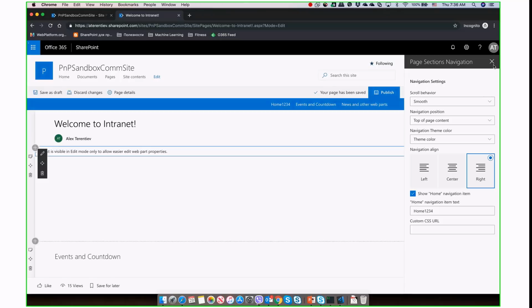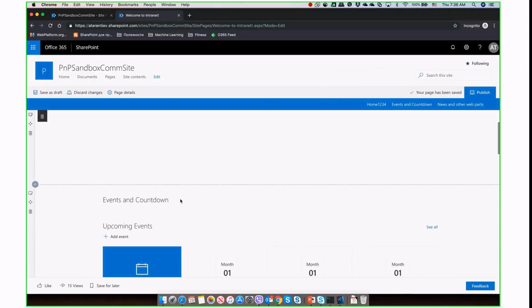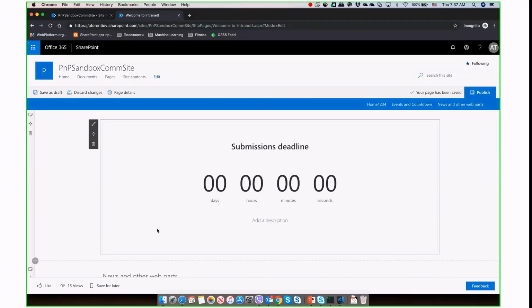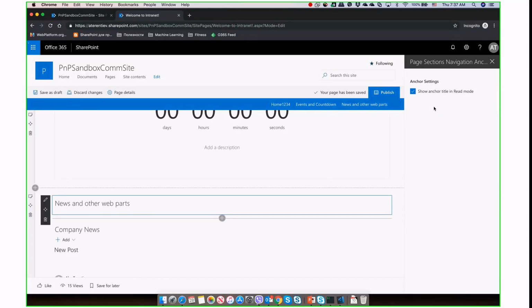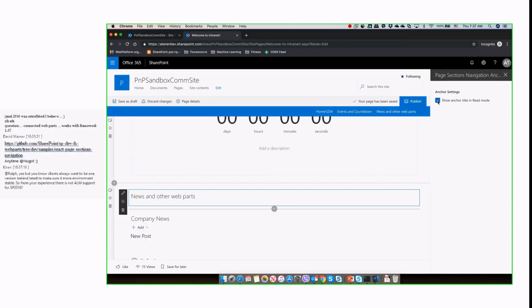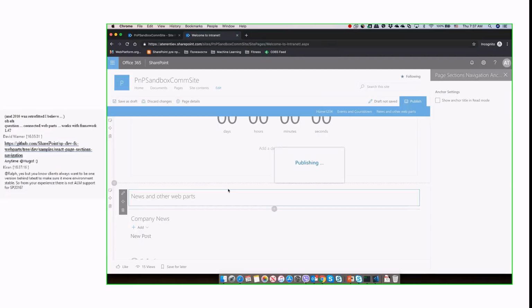So this is what I called the master web part. Also, we have two other web parts called anchors. One of them is events and countdown, and the second one is news and other web parts. So let's change one of them. There is only one option in here, to show the anchor title in read mode. So if, for example, I remove it for now and publish the page,